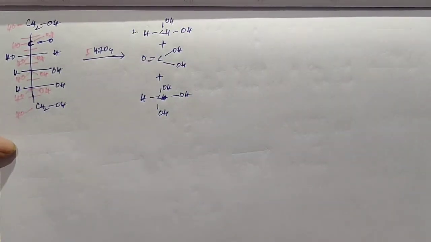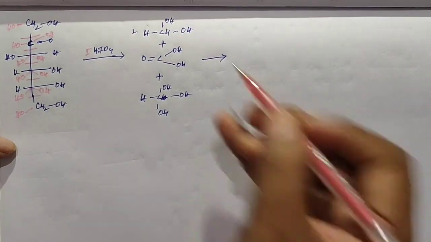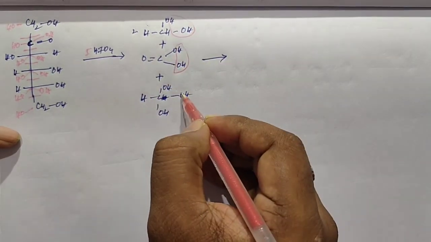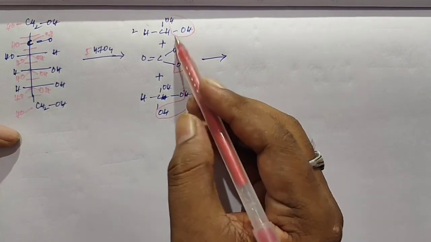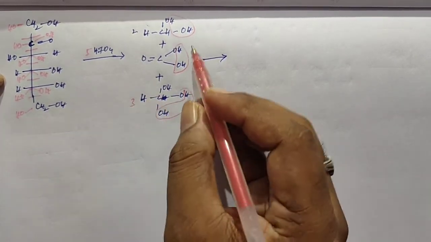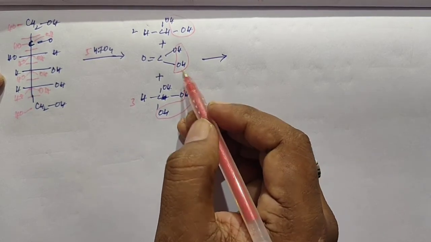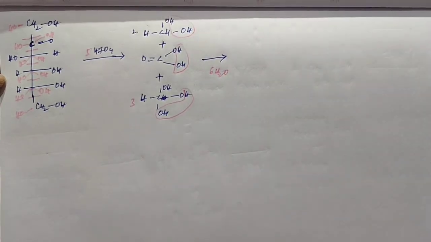So finally, after dehydration, which means water molecules can be removed. Here also a water molecule can be removed, and here also we lose a water molecule. So this is 2 moles and this is 3 moles. 2 plus 3 totally 5, and 1 mole. So in total we lost 6 moles of water molecules.